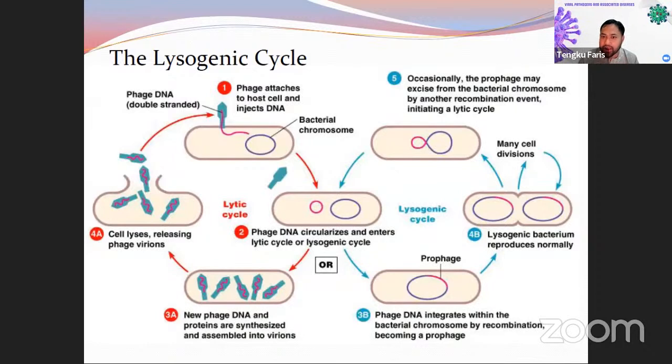What happened is that occasionally the prophage, so we call this combination, okay, we call this viral DNA from the virus that is inserted into the bacterial DNA the prophage. Okay, so the prophage may be excised from the bacterial chromosome by another recombination event, initiating a lytic cycle. Okay, so this is a lysogenic way. At some point, the virus that integrates their viral DNA can be excluded or can be cut from the